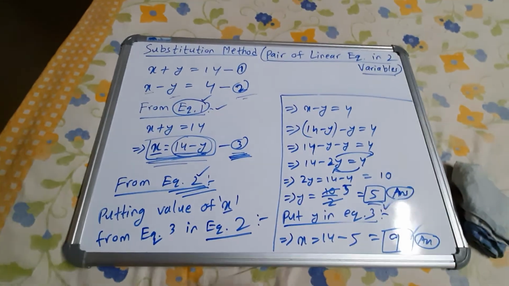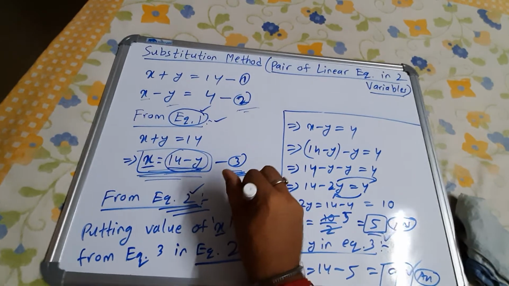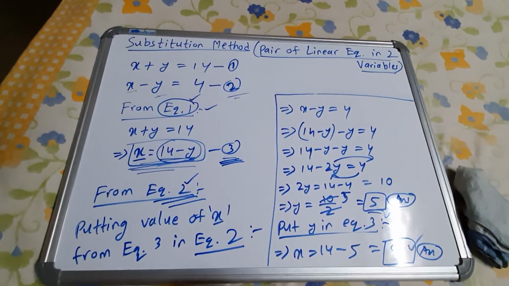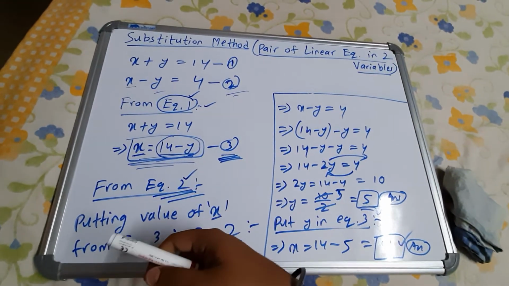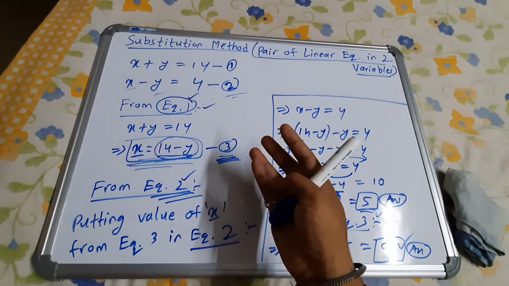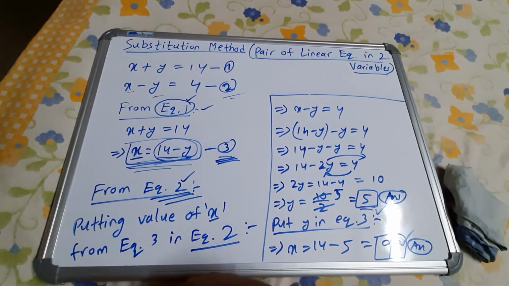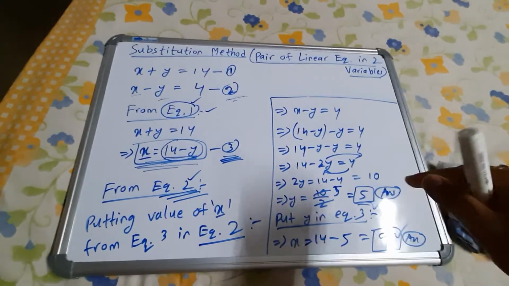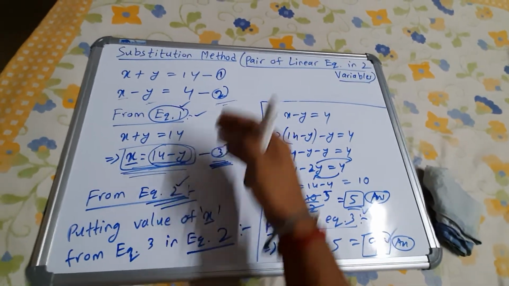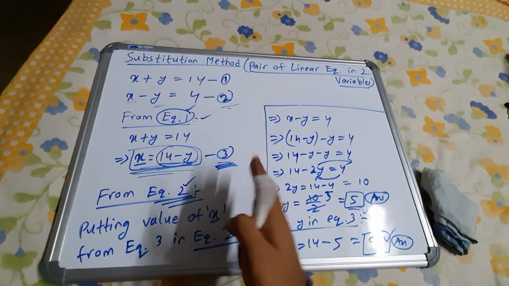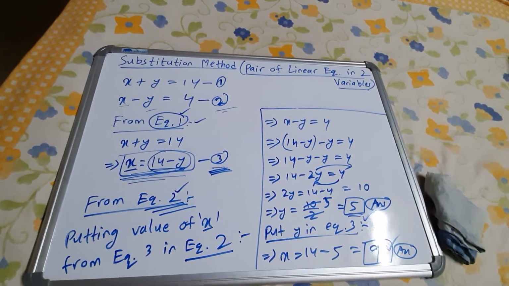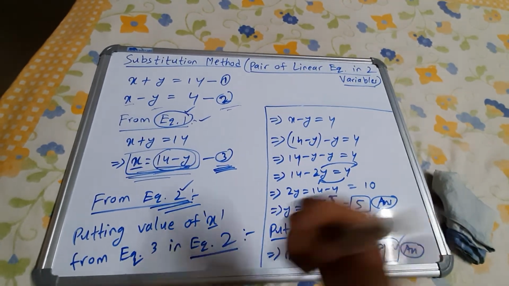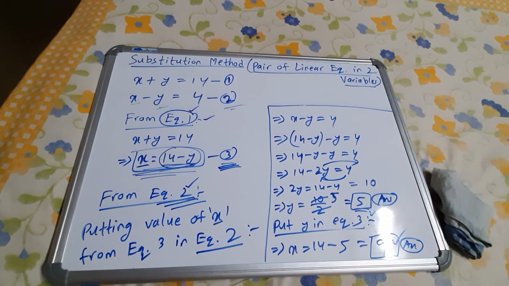The method of substitution is actually a very long process to solve a pair of linear equations. In later classes we will learn other, more efficient methods, and more complex methods also. One is the elimination method, another is the cross multiplication method, for doing the same thing in half the space. See, this just takes the whole board. But if I do elimination or cross multiplication over here, it will take only one side, that means only this side will be completely blank. In your pen and paper also, you will take up almost one page for doing this one, but with those methods you won't need that much space.